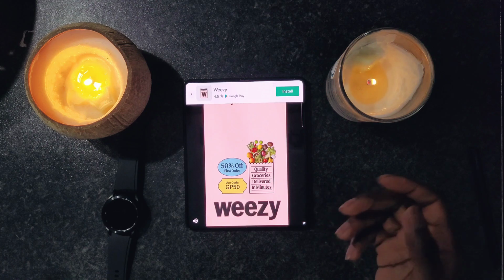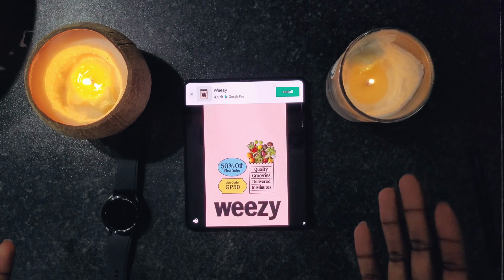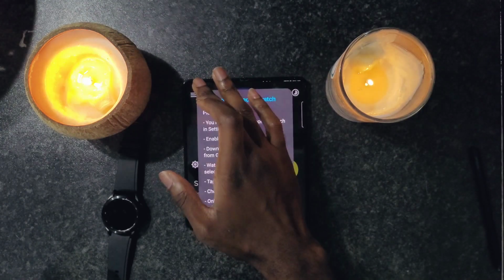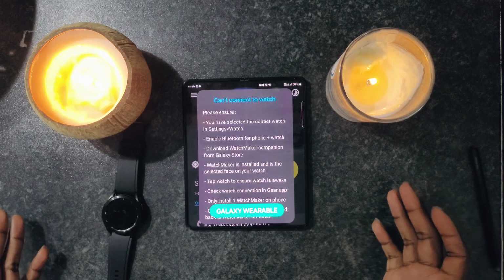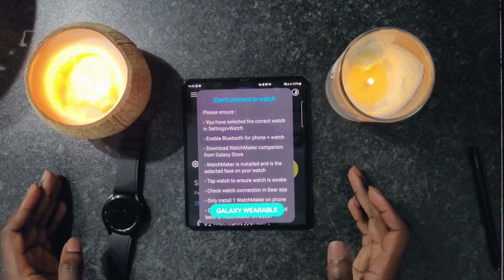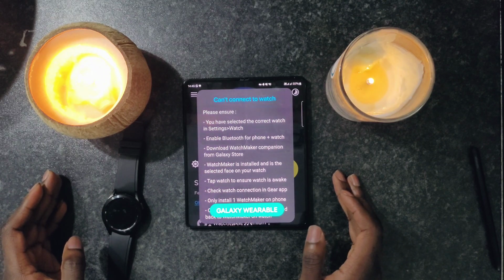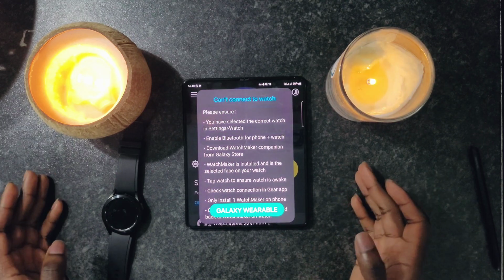There we go. Link it to your watch, which is so cumbersome. The Samsung store is just much simpler. It's just got lots and lots of watch faces, and it's so easy to tie it in with your watch with just one button. You don't have to do a multi-step approach and allow so much bloatware on your phone just to get a